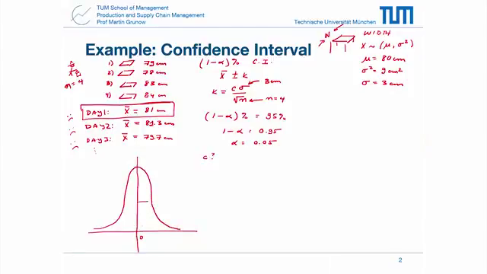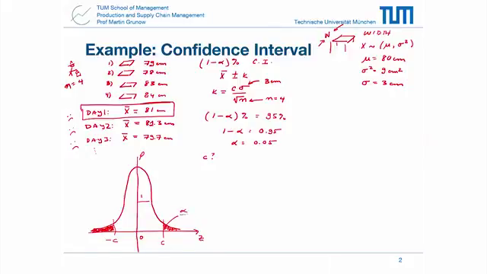If you go back to your standard normal distribution, which had a mean of 0 and a standard deviation of 1, what we're doing is looking for the constant plus and minus C, where the probability that the random variable Z would lie in the shaded region, beyond plus C or below minus C,